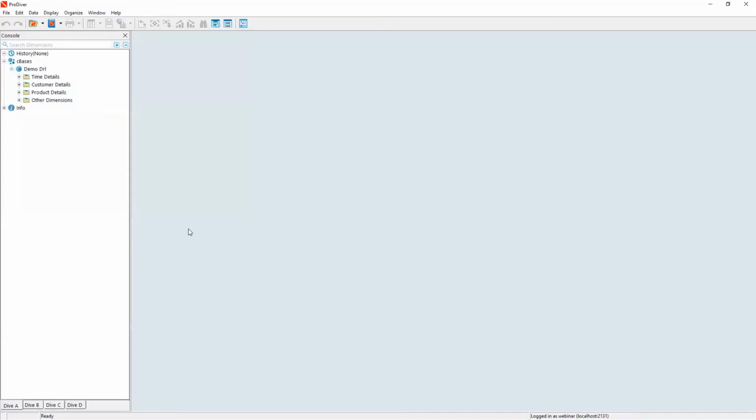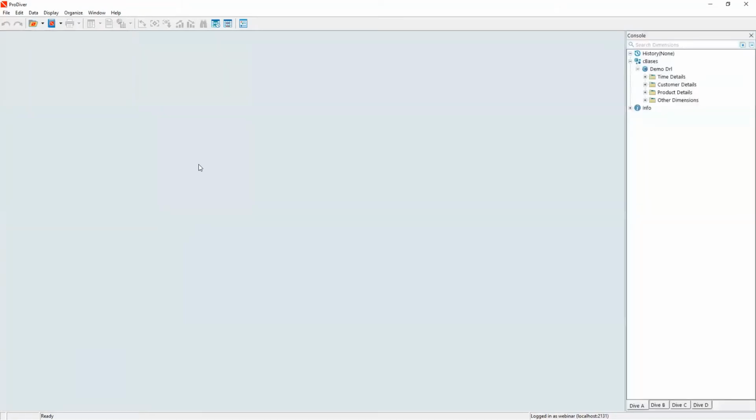And the first thing you notice is that the console defaults to the left. Now, call me old-fashioned, but I'm used to the console being on the right, so I'm just going to drag it over to the right. And then that will be saved in my ProDiver.ini file for future usage. So the first thing to notice on the console is that there is a little toolbar, search dimensions, and these buttons